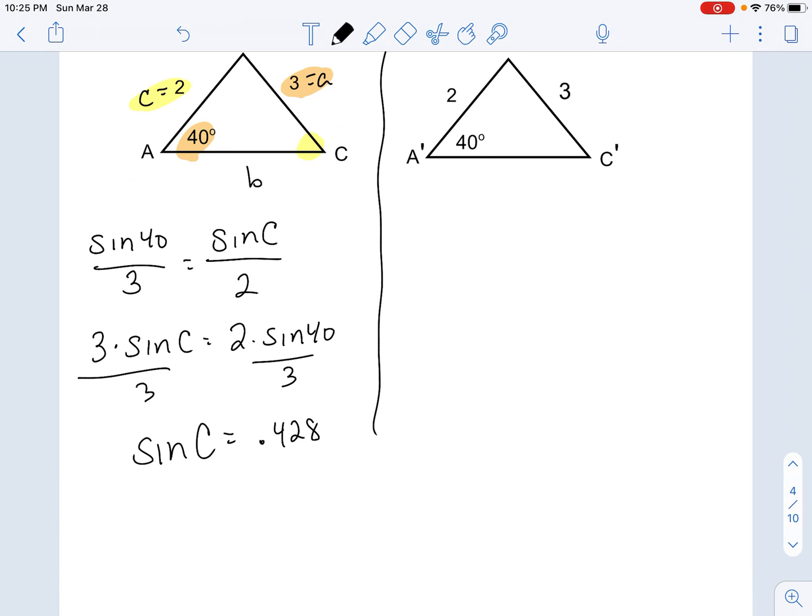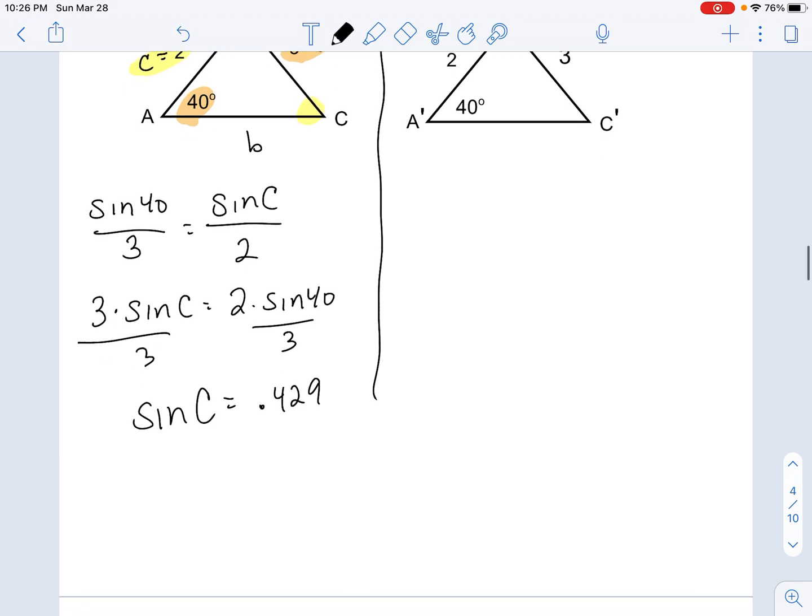Okay, so again, I'm going to keep that number in my calculator. Don't round it to 0.429. Don't round it. Keep that number in your calculator. So what we have to do is inverse sine. So press second, sine, and then the negative sign. That drops down the answer, and that gives me